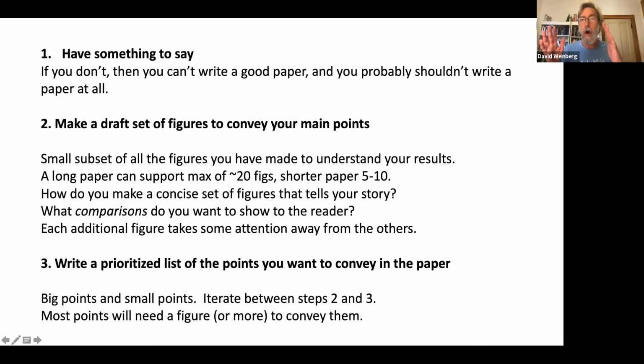And so part of going from that expanding phase to the contracting phase is having a sense of, okay, viewed broadly, here is what I have to say, and therefore here's what the title is, here's what the paper is going to be about. So once you've decided what you have to say in a broad sense and what your paper is going to be about,